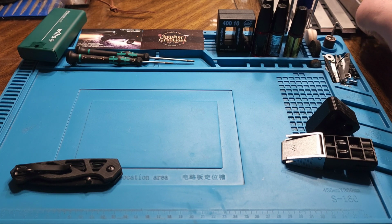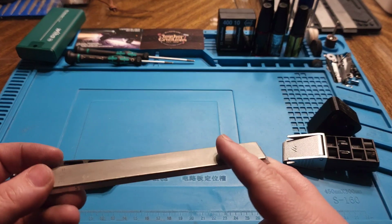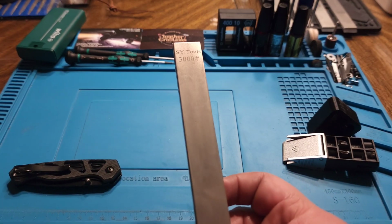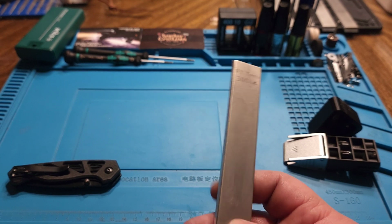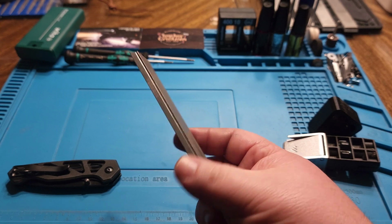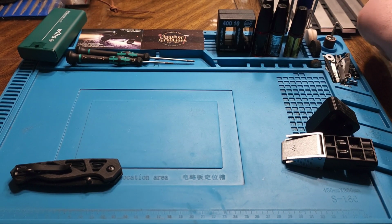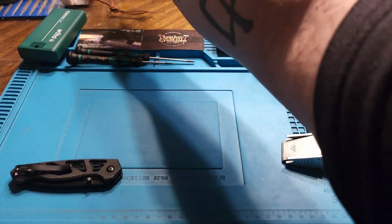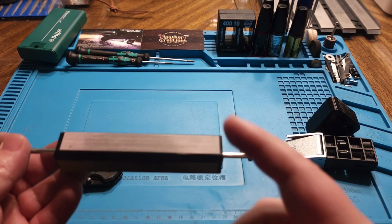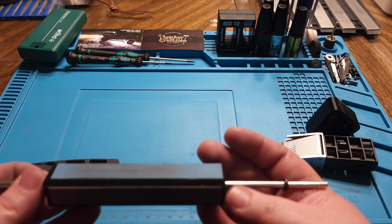I use these diamond plates. I can't even remember the name of it. One of the cheaper sharpener sets that you can get, but these little diamond plates are pretty good. They go up to a 3,000. Then I also have, which I need to replace these, I've got a whole bunch of them, this little